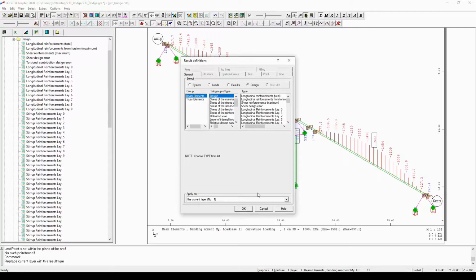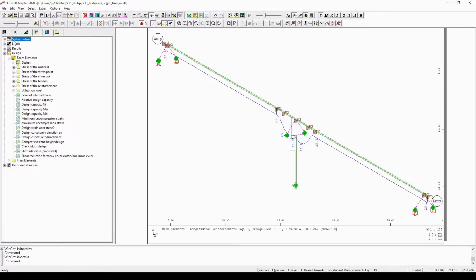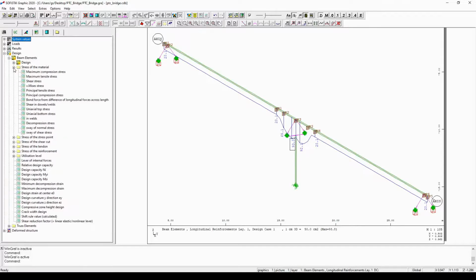example, and here I will select the longitudinal reinforcement in layer number 1 from design case number 1 and click on the OK button. Then the necessary amount of reinforcement in layer number 1 from design case number 1 will be presented on the screen. But of course it is possible to represent other design results, such as, for example, the stress of the